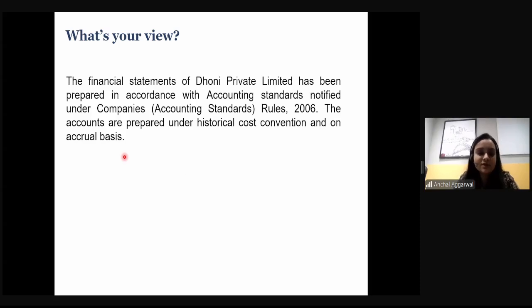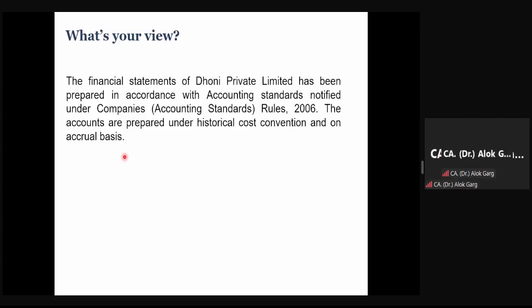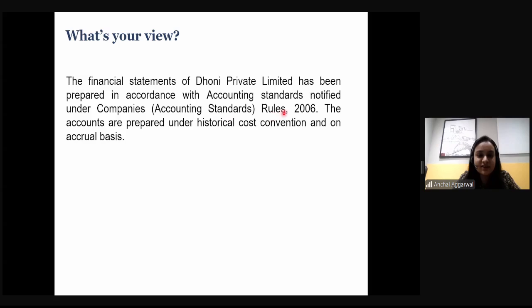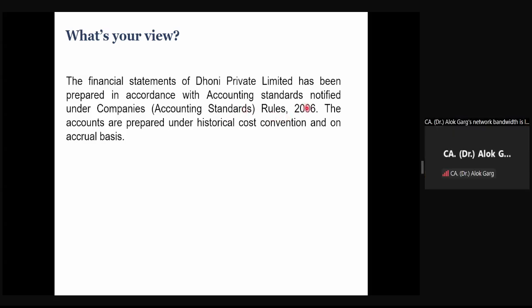Sir, accrual basis accounting is correct, but I'm not sure about the historical cost convention. So, Anchal, everything is correct. The only thing is, if you're writing this paragraph and referring to Companies Accounting Standard Rules 2006, that is not right. In 2021, there is an older version. Yes, Companies AS Rules 2021 already came, and this Companies AS Rules 2021 has replaced Companies AS Rules